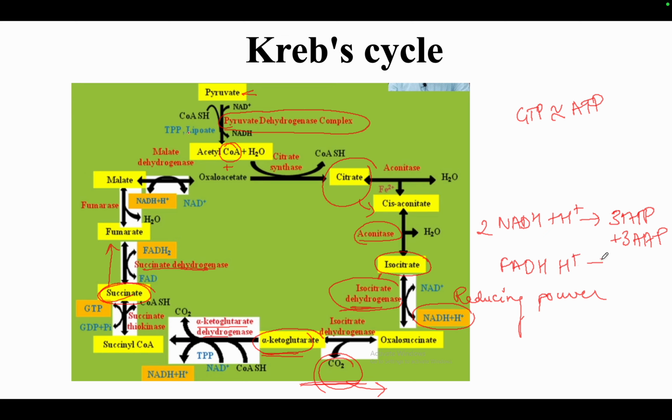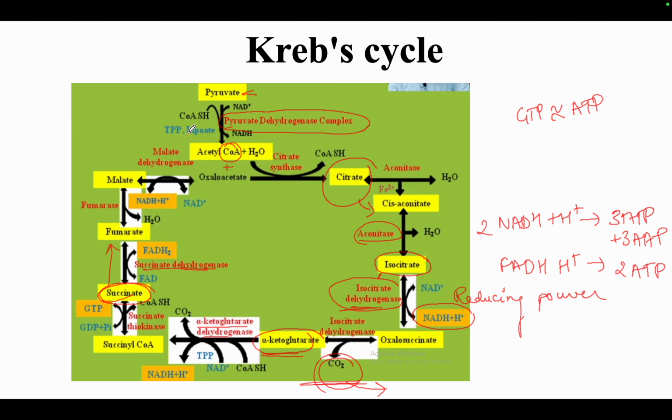This FADH2 reducing power is equivalent to 2 ATP molecules. It has slightly lower energy currency value in terms of ATP. So it gives only 2 ATP molecules when these protons go into the mitochondria for ATP generation through F1 F0 ATPase. Then finally we get oxaloacetate back, and this oxaloacetate can further react with acetyl CoA molecules which are generated